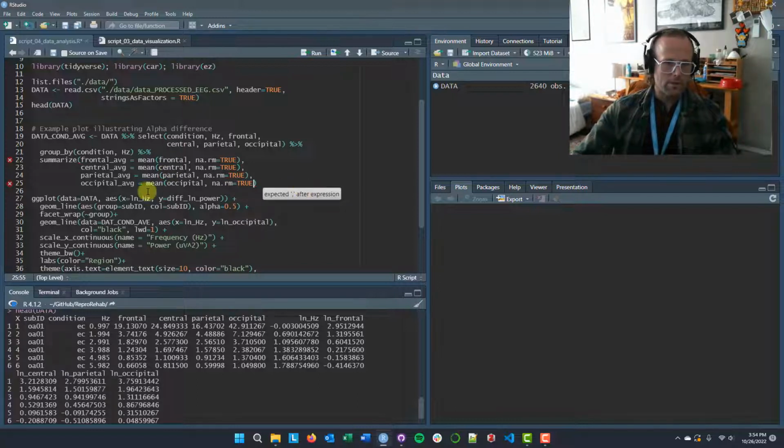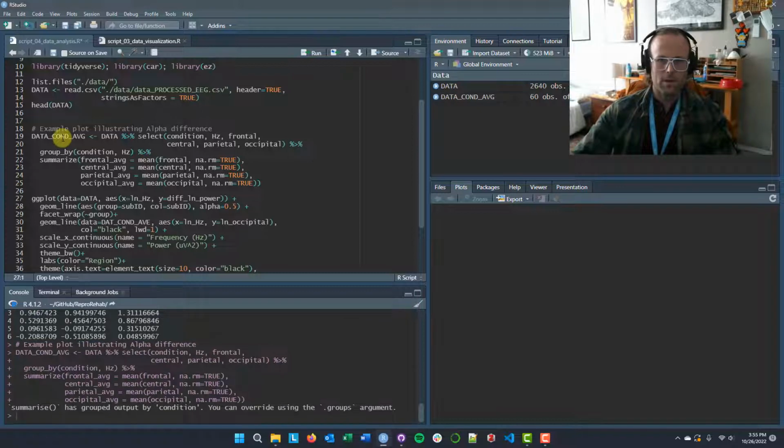Oh, and RStudio is nicely notifying me that I have an expected comma after the expression, but I have an unmatched opening bracket, right? So I have na.rm equals TRUE. That's fine, but what I need is another closing bracket to actually end the summarize function. If I run all of that, I should get a much shorter data set, which is the data condition average,